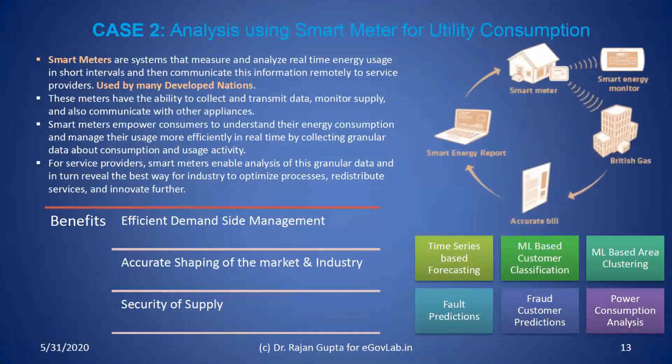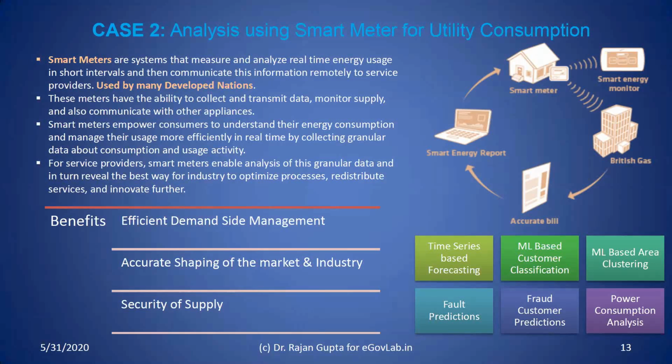Now, there's another very good case that is using data science: the utility agencies. You must have seen water supply, power supply, gas supply in your homes. These kinds of supplies are being monitored by a device known as a smart meter. That smart meter is basically helping in connecting the citizens or the users with the utility service provider, and it is helping the agency in managing and monitoring the consumption level data.